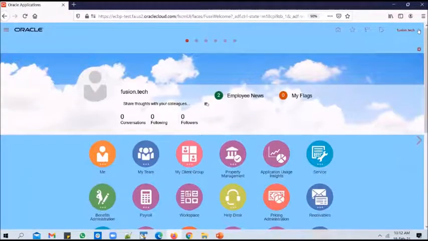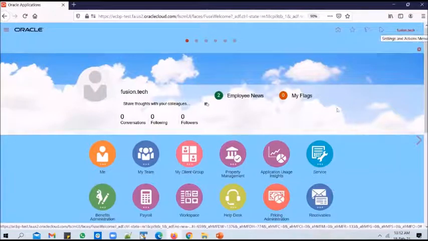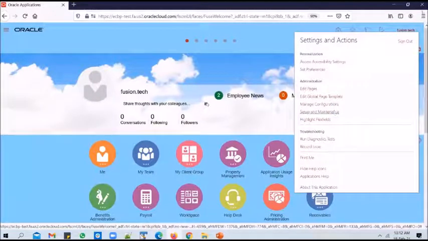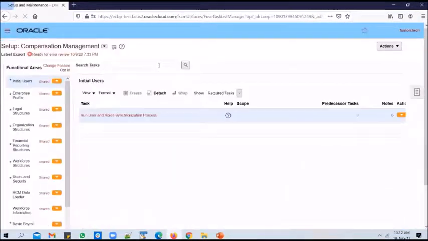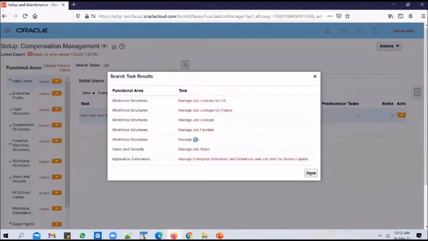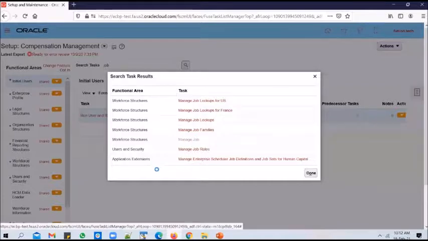And where do you create jobs from? To create a job, you have to go into the Setup and Maintenance or FSM screen. You can search for manage job.